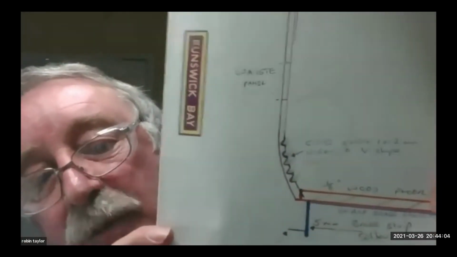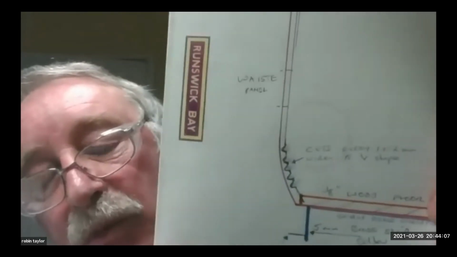You can score down with your scalpel, just going a quarter of the way, not even half the way. If you go too far, you'll start showing a weak line on the outside of the plastic, which you don't really want. Not too important because you're going to spray it, but you do see a slight change in the radii then. So score it lightly, but then turn your blade 90 degrees. You're looking at the triangular section, and drag that down the same score line to widen it out. Because going back to the drawing, you want a wide groove, so when the plastic bends, it's got somewhere to move into.